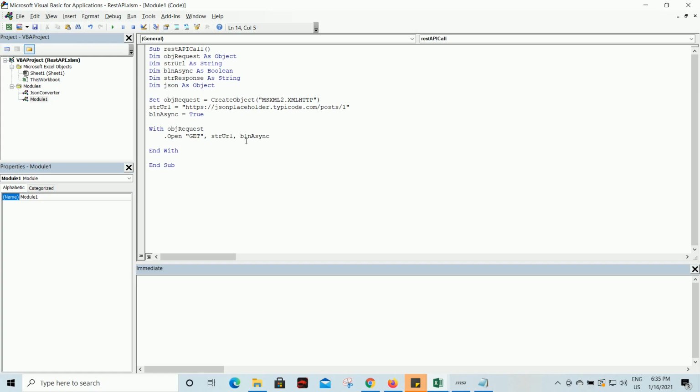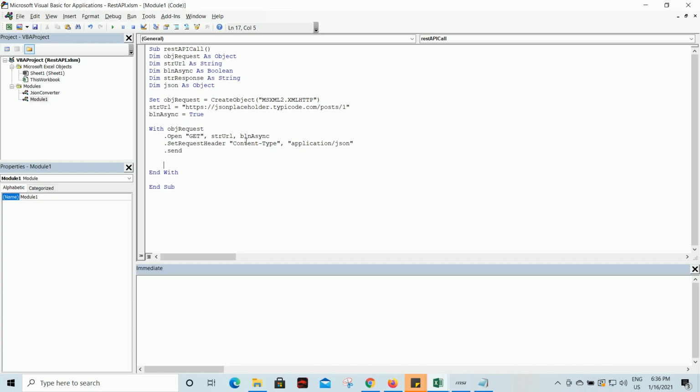The next thing is we have to set the request header using setRequestHeader, and you have to specify the key and value: Content-Type and application/json. We have to specify that as an argument here, Content-Type as application/json, because we are going to get the response in the form of JSON. Next line, we have to send this get request, so you can use send here. After that it will take a few seconds, and until then you have to wait.